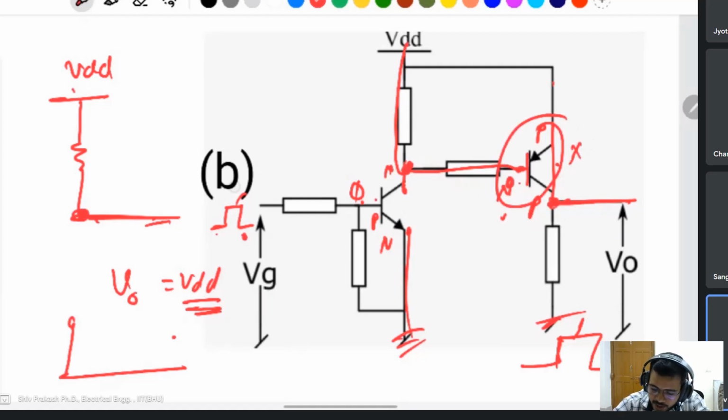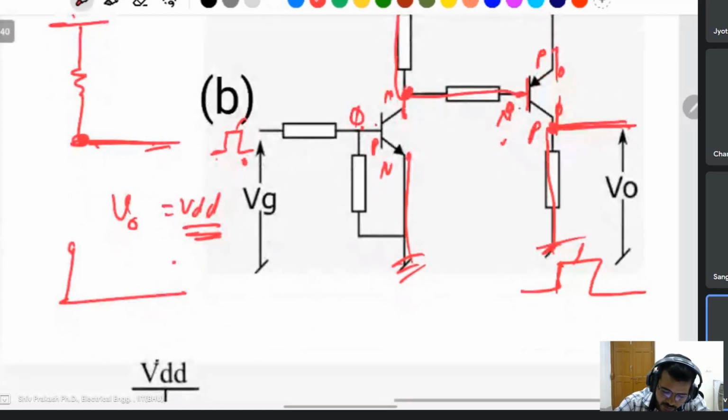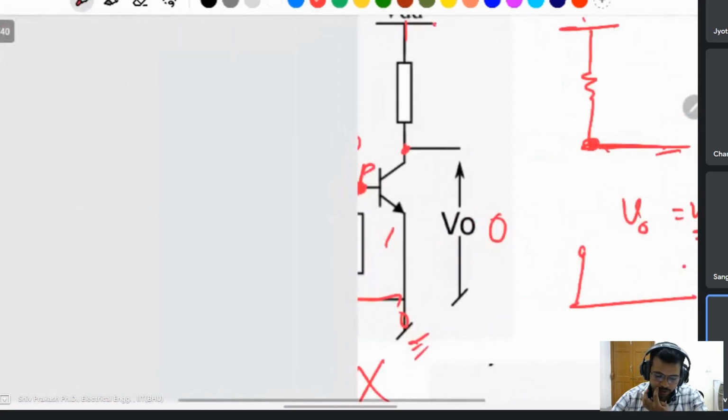Then this ground appears on the output voltage. That's why when the pulse is high, the output pulse is also high, and if this pulse is low, then the output pulse is also low. That's why this will be the correct expression for